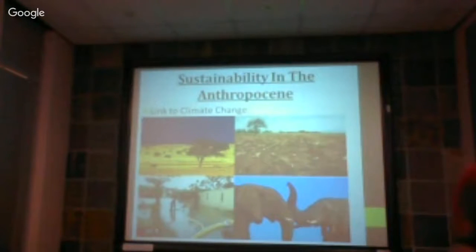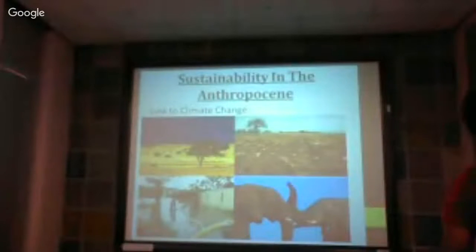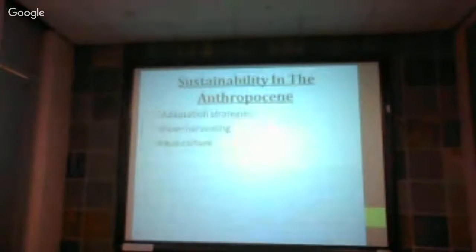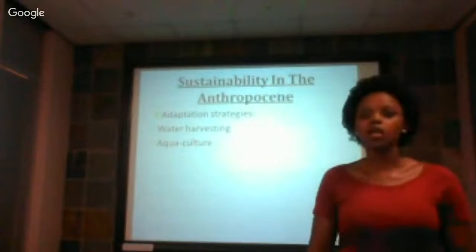It also leads to droughts. By droughts, people end up malnourished, especially in developing countries such as South Africa. We are dependent on agricultural activities, whereby we find that our economy will also decline, so we fail to develop in a sustainable way. Also, floods lead to the disturbing of ecosystems and also lead to water shortages, whereby there was a surplus of water, but it was contaminated as floods carry a lot of unclean sediments with them. So my colleague will elaborate on adaptation strategies that could help people to deal with these issues sustainably.